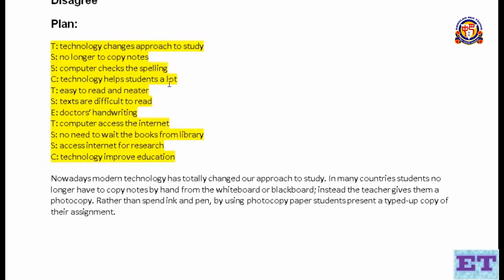Computer checks spelling, so this also will help the students, yeah, or the computers or students' computer even checks their spelling as they go, right? Okay,